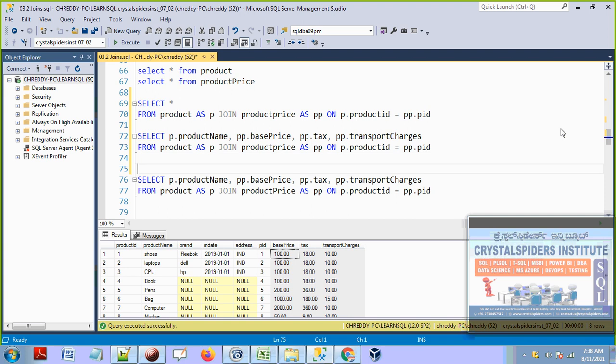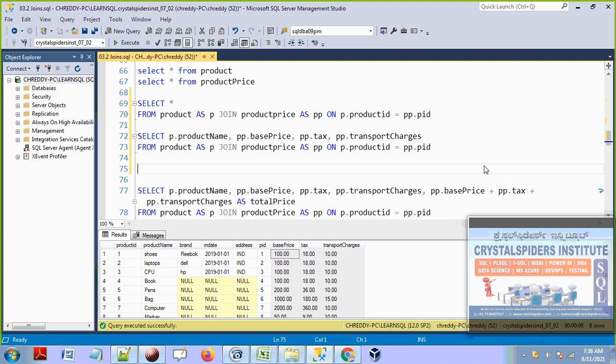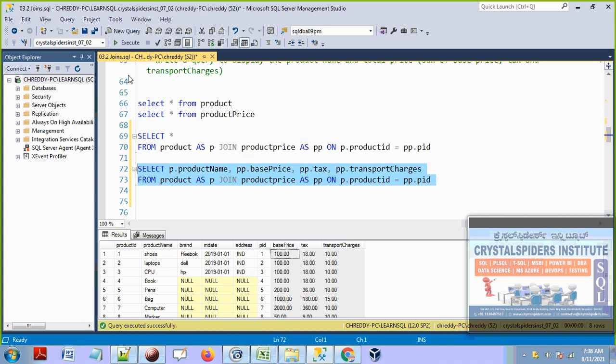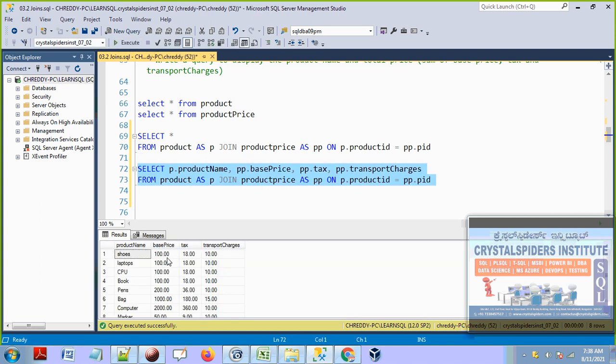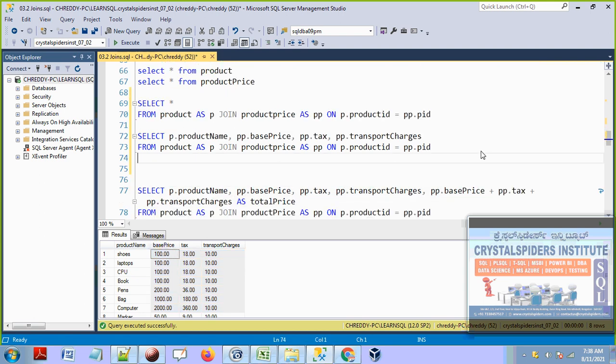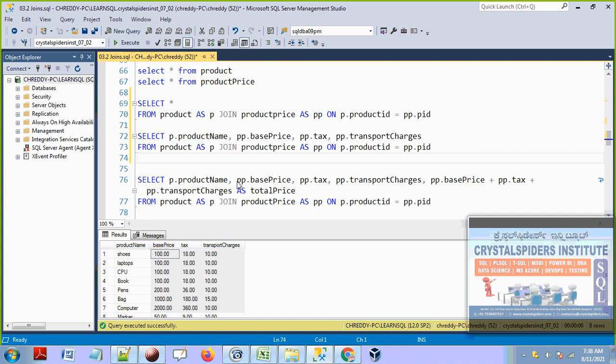This is what the SQL query is displaying, only the required columns. But here I want to display total charges, not these three columns. I want to see the sum of base price plus tax plus transport charges. These are all the individual prices, and total price is pp dot base price plus pp dot tax plus pp dot transport charges as alias name total price.